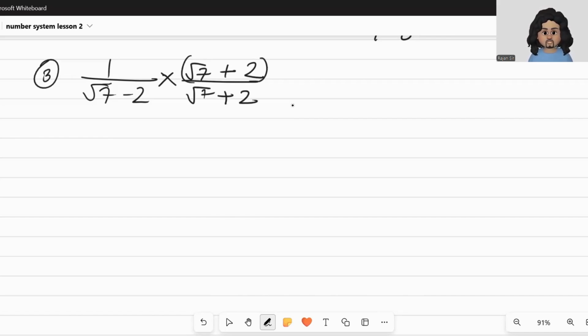Okay, just take a bracket so it becomes easier, that 1 into something. If there's a numerator already, you need to multiply that numerator with the numerator of this part. Okay, so we have root 7 plus 2, which is okay. And again, we have a minus b, a plus b. So you can understand, whenever we do the rationalization of a binomial term, we always